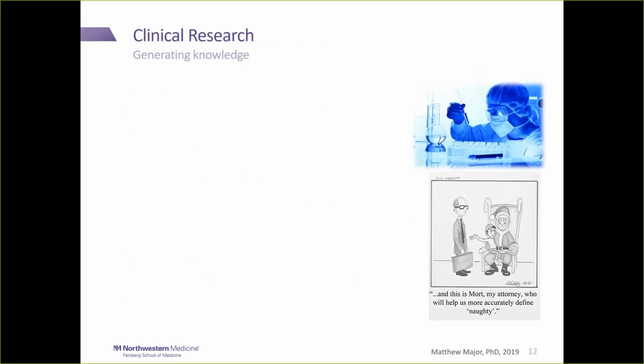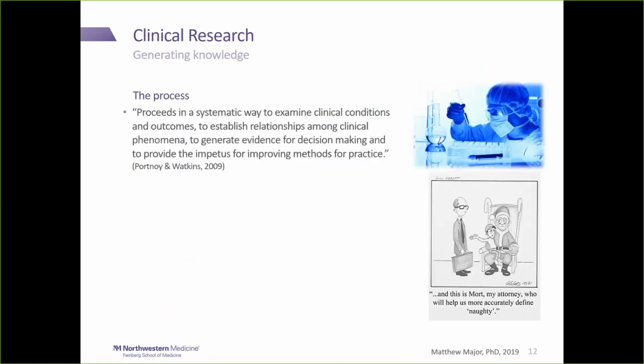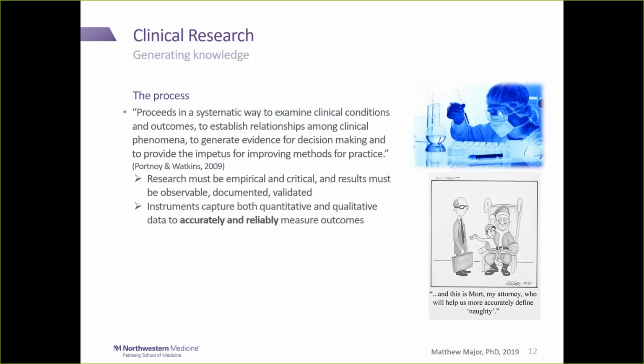All right, to wrap up this section, we'll talk about clinical research or generating knowledge. Really, it is a process that proceeds in a systematic way to examine clinical conditions and outcomes, to establish relationships among clinical phenomena, to generate evidence for decision-making, and to provide the impetus for improving methods for practice. And of course, research must be empirical and critical, and the results must be observable, documented, and validated. The instruments that we use capture both quantitative and qualitative information, but they have to be accurate and reliable